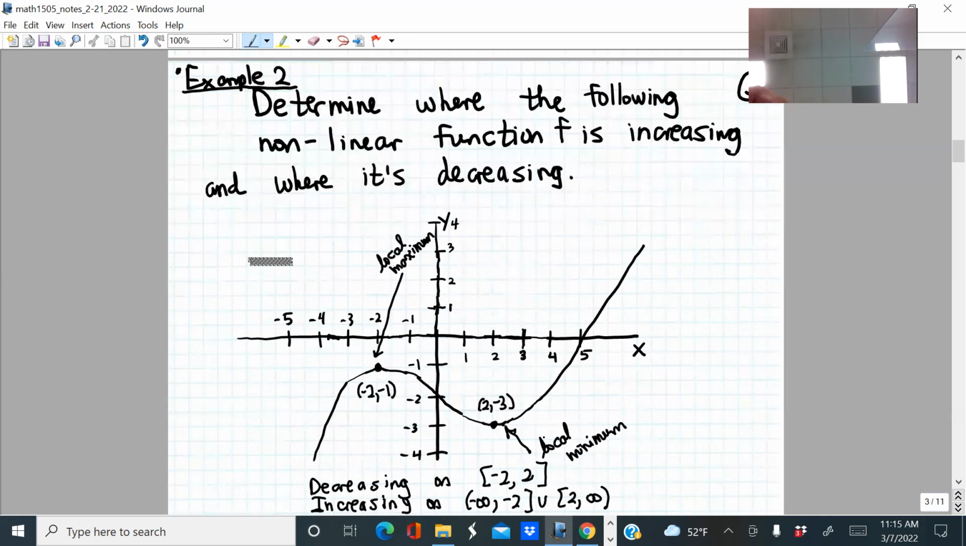Local minimum means a valley turning point, but really local minimum is actually the y coordinate of the